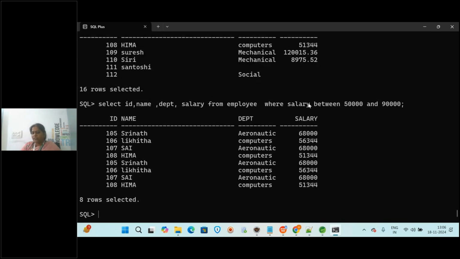Got it? Suppose you wanted to match exact data. So now instead of 50,000, I am giving 68,000. See how we are getting the beginning and ending values? That also I want to show you. So here I am giving 68,000 and the beginning value I am giving like